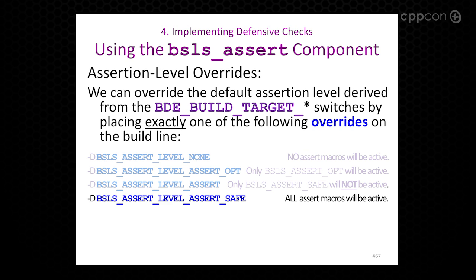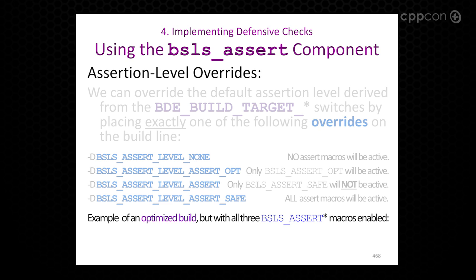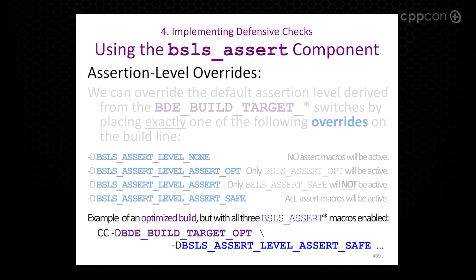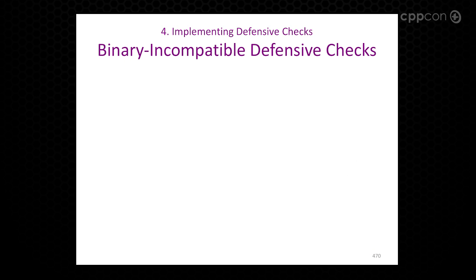So if you want complete control, you can do that too. And here's an example. I'm just going to show you here. What we've done is we've said that it's BDE build target opt, so it's optimized code, but I want all the asserts on. That's what you want to do. Here's how you do it. Okay, again, now,